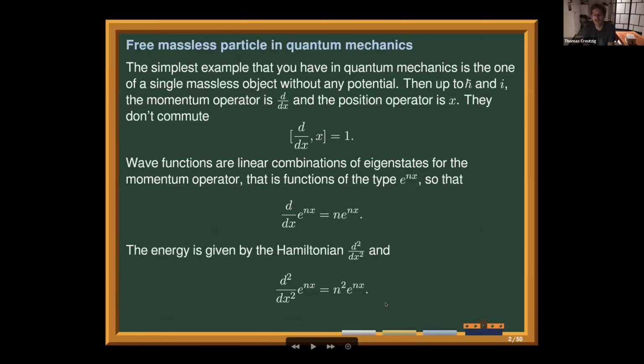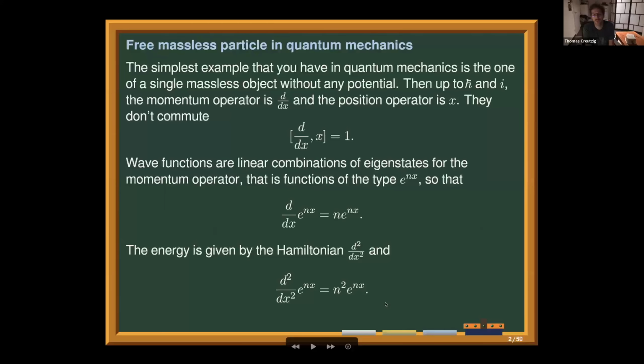And you probably know that the momentum operator is given by the derivative up to an i and an h bar, which I will ignore. And the position operator is just the multiplication by the coordinate x. Now, for us, this just means we have a certain differential operator, d/dx, and a differential operator naturally acts on functions. And there are then very special functions, namely eigenfunctions